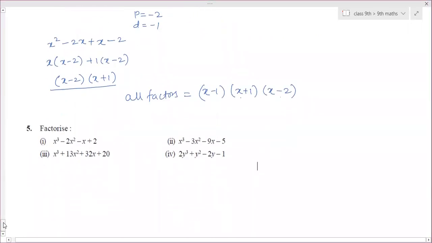So now how you, Rupika, you got the answer? What's the answer you got? Ma'am, I got it as x plus 5 and x minus 1 and x plus 1. x minus 1 you will not get. If you got x minus 5, then x plus 1 should be there. Okay, ma'am. So check where you have made a mistake. Then go for the third one.